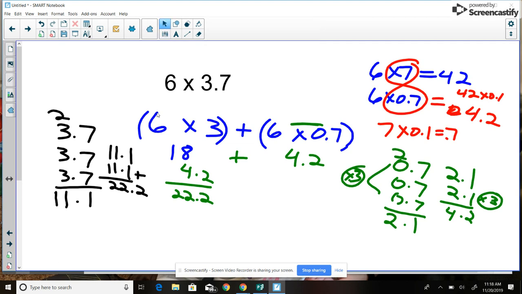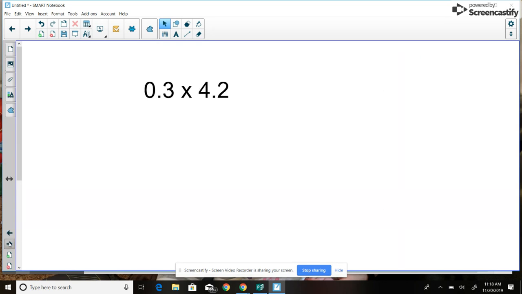Okay, so when you're looking at solving it with a whole number and a decimal number, that might be a couple of ways for you to try solving it. What about if we have 2 decimal numbers? Now, repeated addition gets a lot harder to do. In fact, not really sure if there's a way we could do that. So now I want to go back to thinking about our patterns of multiples of tens and tenths,